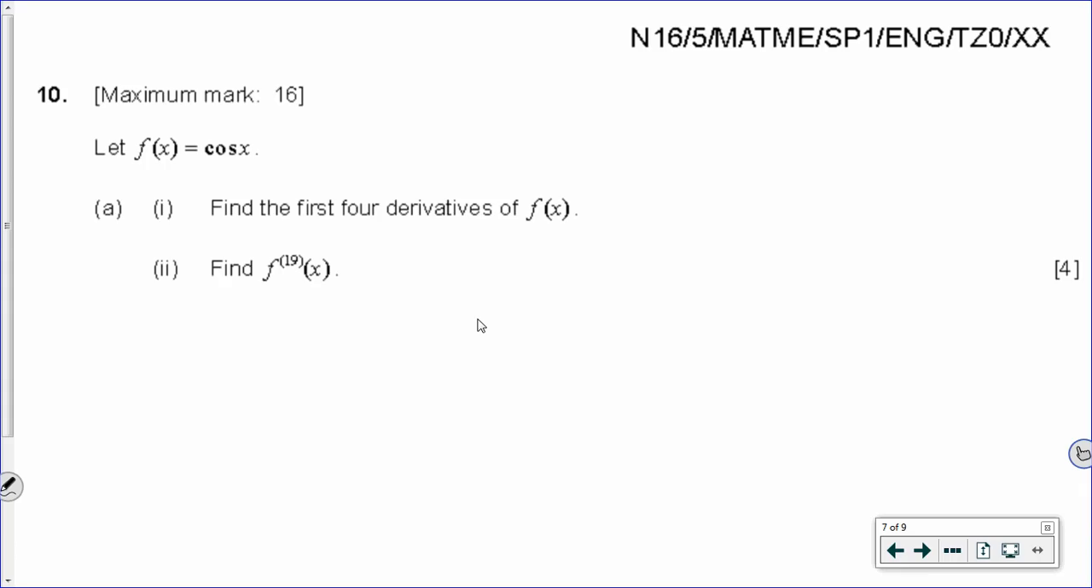So only if it's a cyclical, like repeating pattern of derivatives would we ever be asked to find the 19th derivative. Otherwise, you'd have to take the derivative of the derivative of the derivative, and it would take far too long. So the first 4 derivatives of f of x,